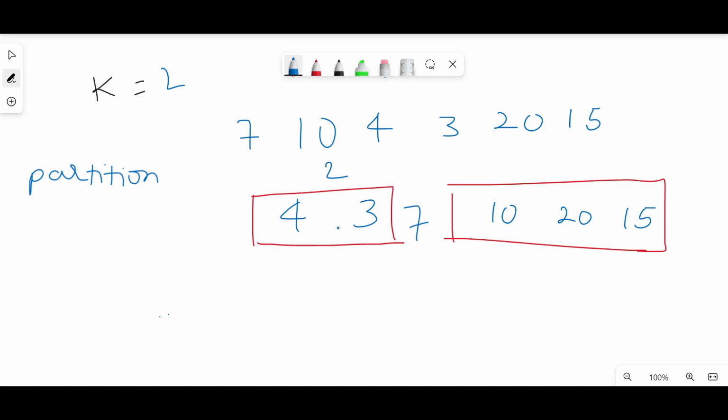The length of the left subarray, that is 2, is larger than the value of k minus 1, in this case when k is 2. When the length of the left subarray is larger than the value of k minus 1, then we know that the required kth smallest element must be present in this left subarray,